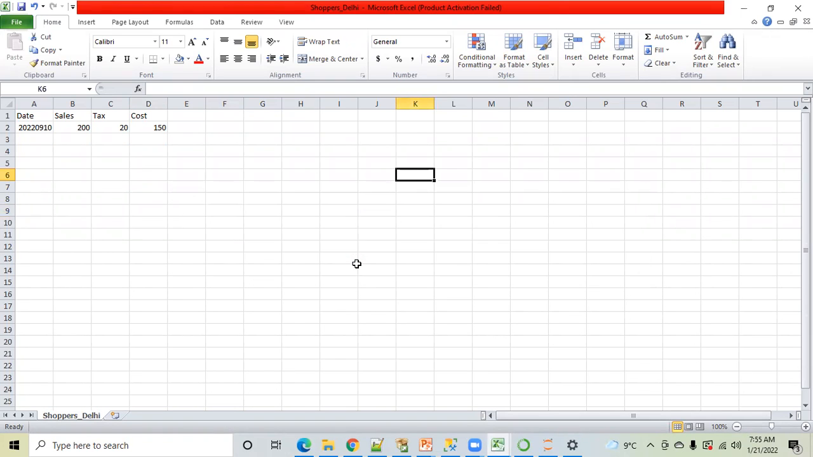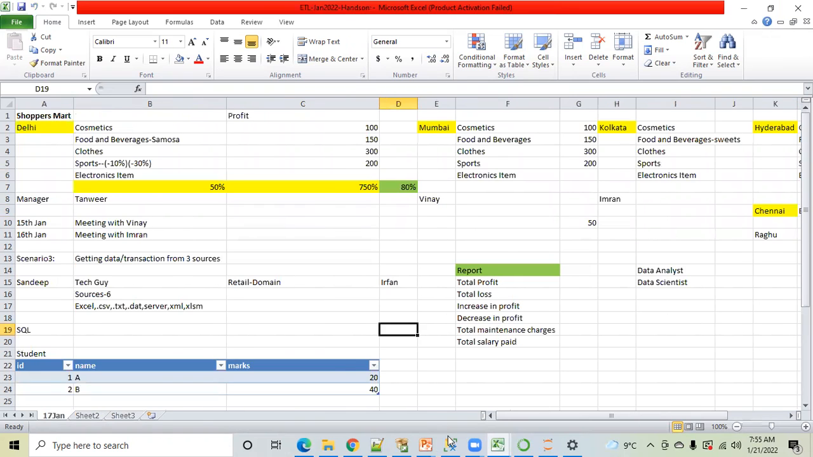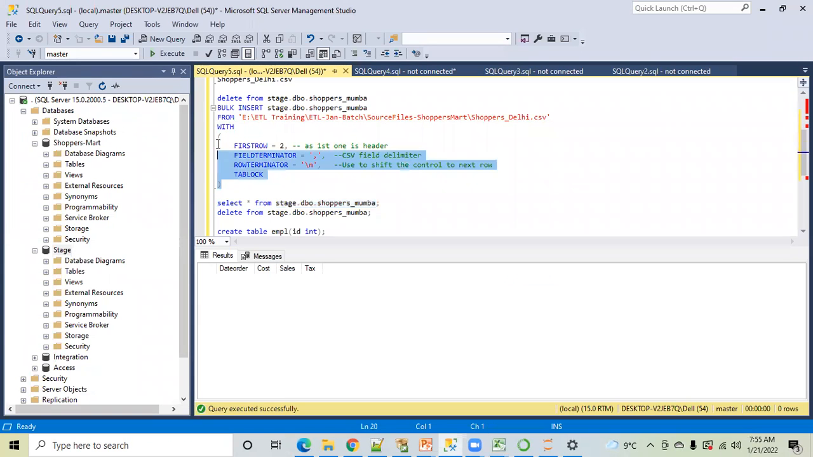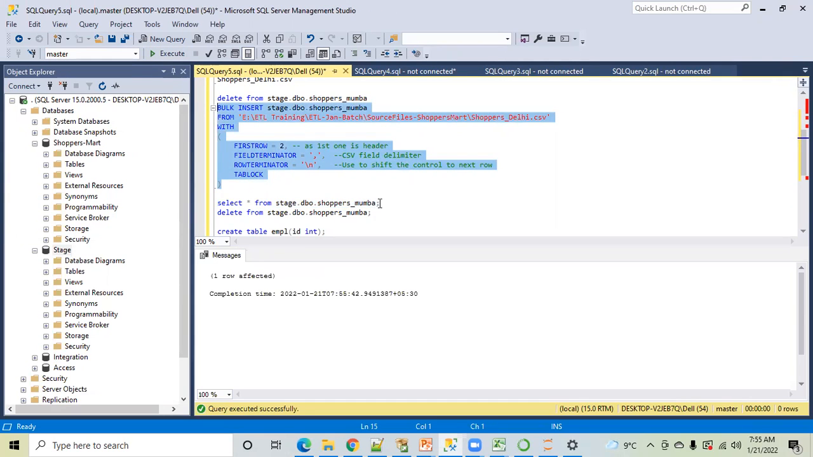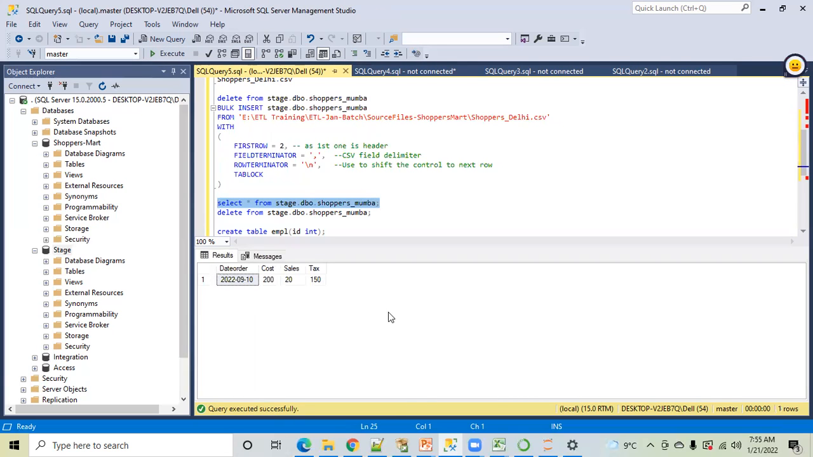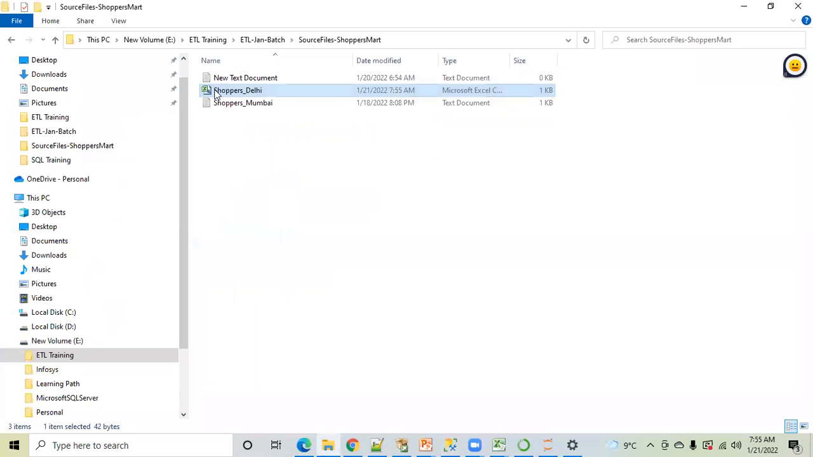So this is the data on 10th of September. Okay, let me close this file. Now I've executed this. Let me show you. 10th September data is present, right? Now